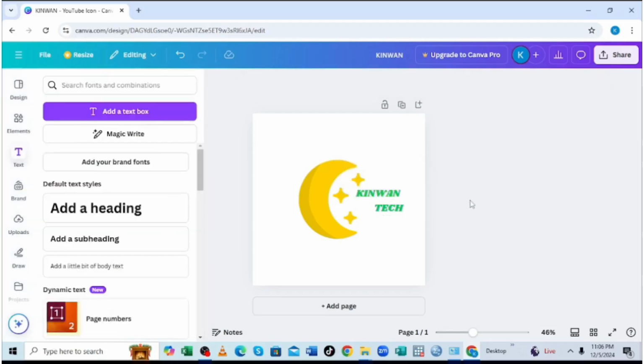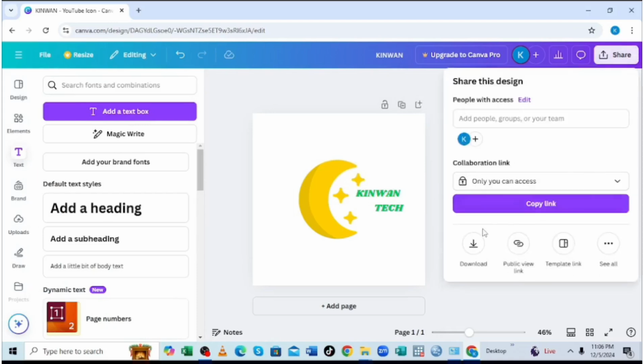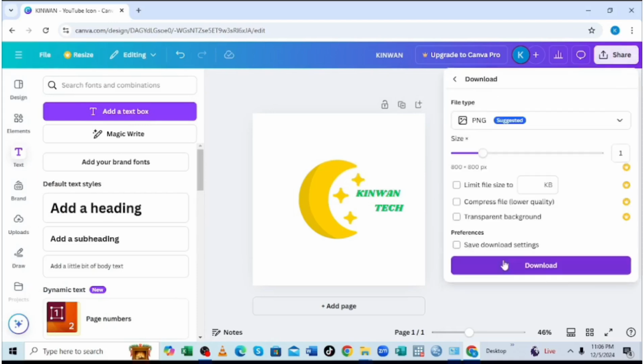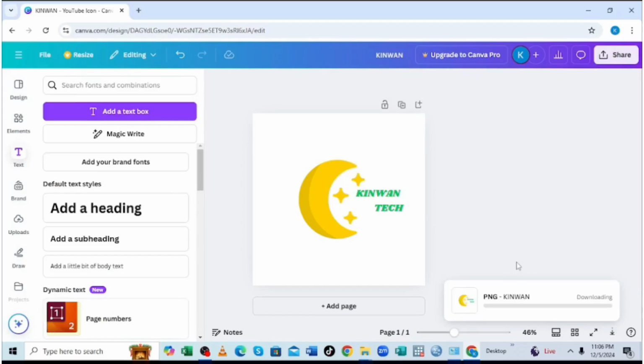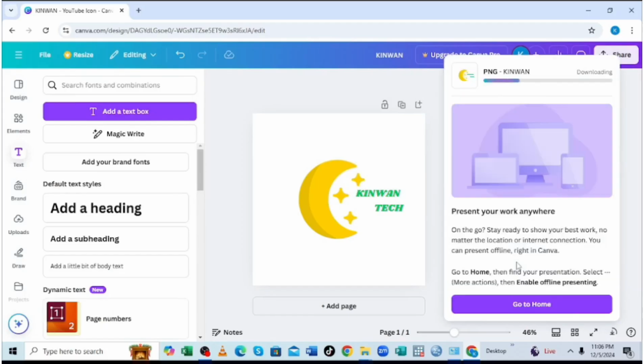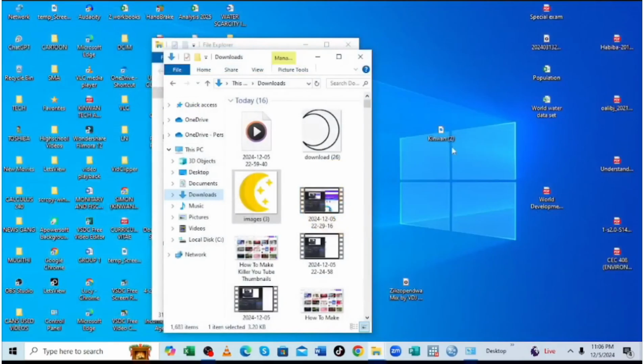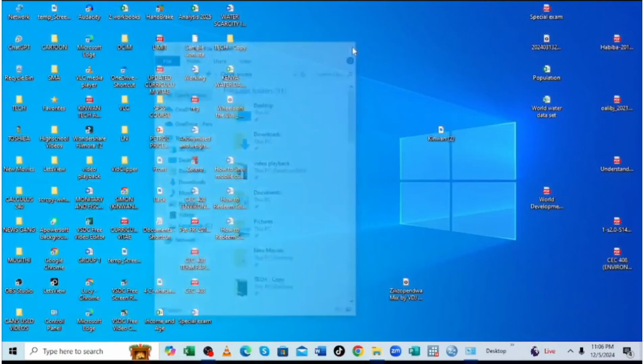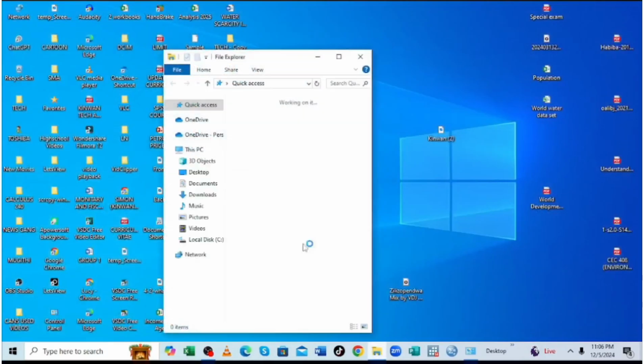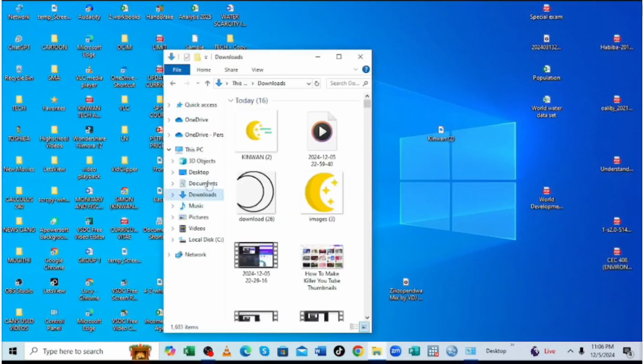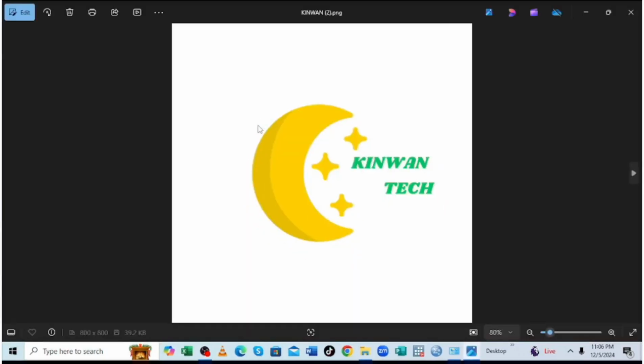After making it this way, I can download my logo, now ready for use. Just download it with no watermark, coming up with the logo from scratch. So I can close the site. Let me close the site and get to the File Explorer, and our logo is here ready for you. So you can just use